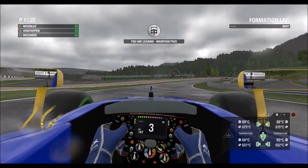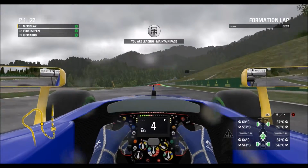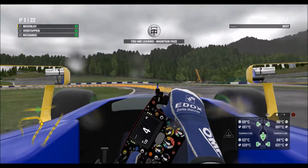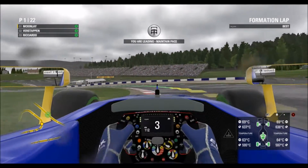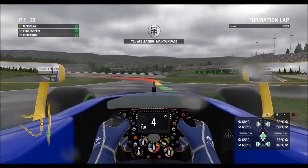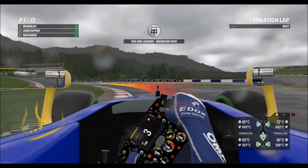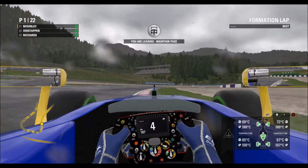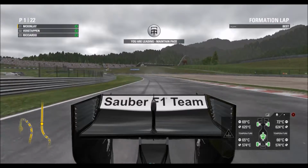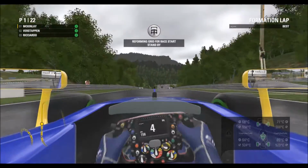To be honest, the car doesn't feel terrible, but again, I'm not driving at race pace, so who even knows how it's going to be once the race begins. And of course, the AI have had a history in the last 2 games of just spearing you off. In fact, this season actually, you'll recall, was it Russia? It was somewhere. Wow, I've really pulled out a gap there that I don't want to be doing. Otherwise my tyres will just